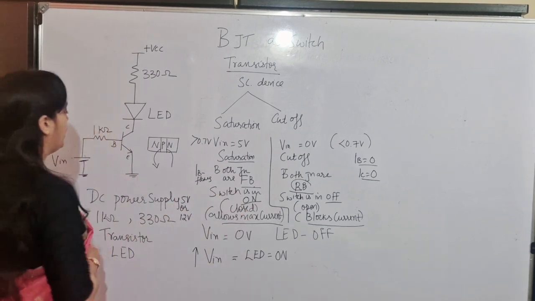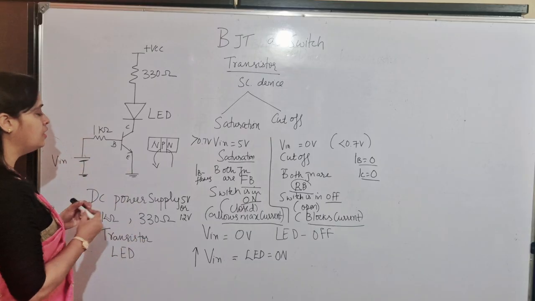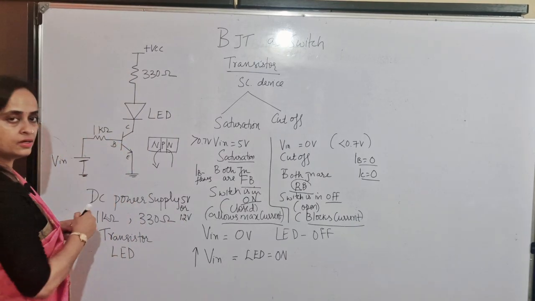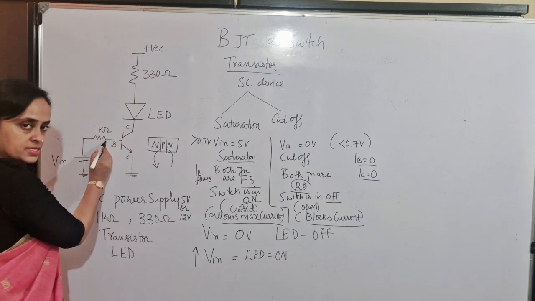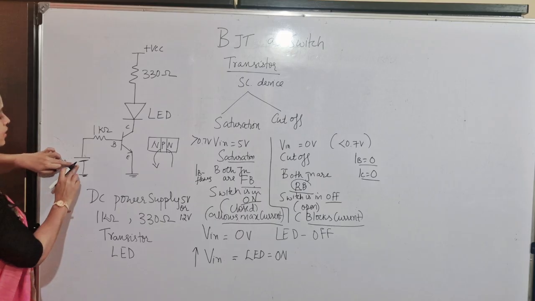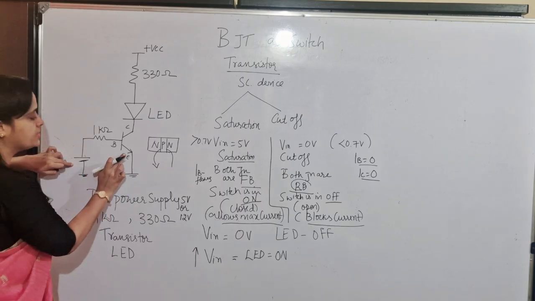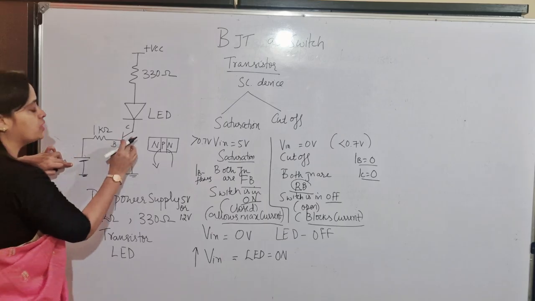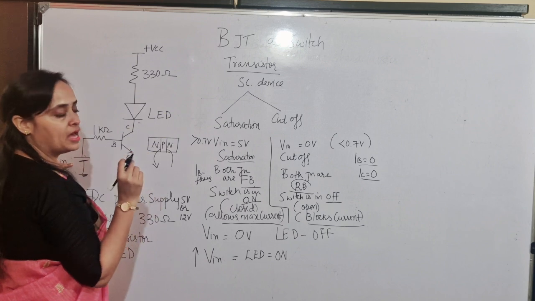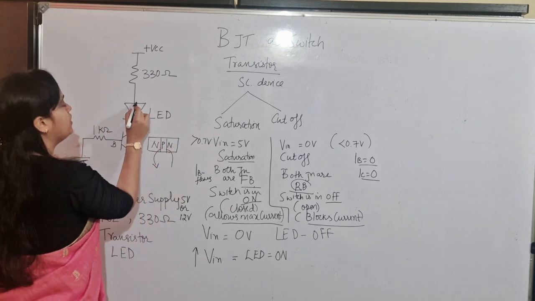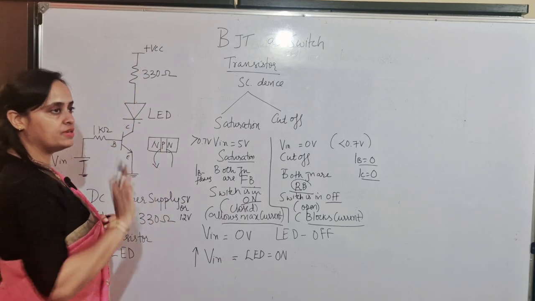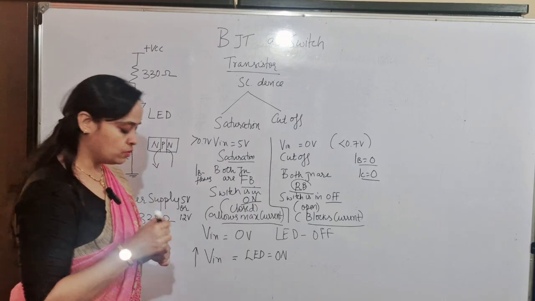Now how do you connect it? Take a breadboard and the transistor. Remember that the emitter, base, collector should be connected properly. The base should be connected to one end of the resistor. The other end of the resistor is given to the positive of the applied voltage, and the negative of the applied voltage is connected to the ground. The emitter is connected to the ground, and then the collector is connected to the negative of the LED. Remember that the LED itself also has a positive and negative. The positive of the LED is connected to one end of the 330 ohm resistor and the other end of the 330 ohm is connected to plus VCC. So you will be using two power supplies here.